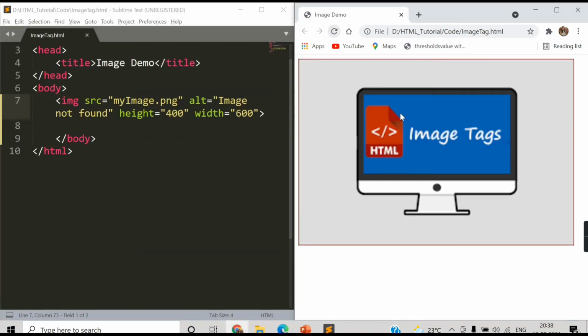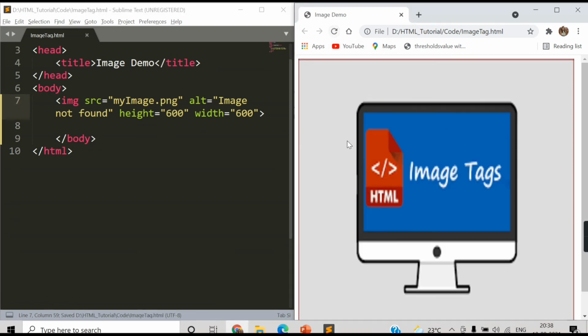Let's refresh this. See, the image is being adjusted as we have provided height and width. Let's say if I increase height to 600, refresh it, so the height is being increased. So in this way you can provide the attributes according to your requirement.